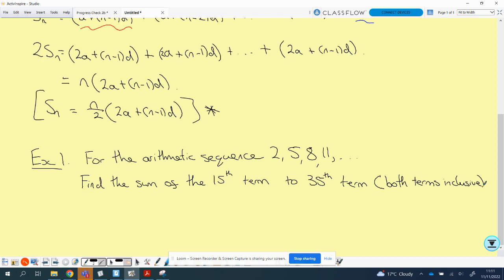Okay, so what I'm asked to do is find the sum between the 15th and the 35th term for that sequence there. Okay, so how do we do it? Right, solution. So from the sequence 2, 5, 8, 11,